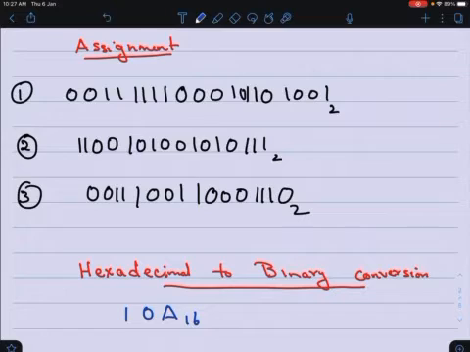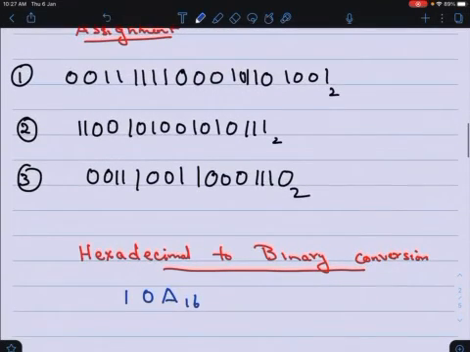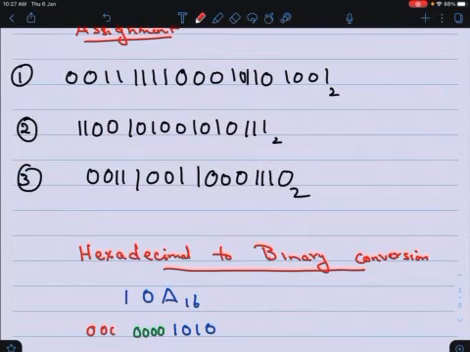Now your hexadecimal number is given. So what you do? You write the 4-bit equivalent binary number. That is all. So for the first case, you can see that A means it is 10. So equivalent number is 1010. The next number is 0. So we have to put, remember, all the 4 zeros. Don't put just 1 zero. Put all 4 zeros. 1, 2, 3, 4. Next is 1. And again you have 0, 0, 0, 1.